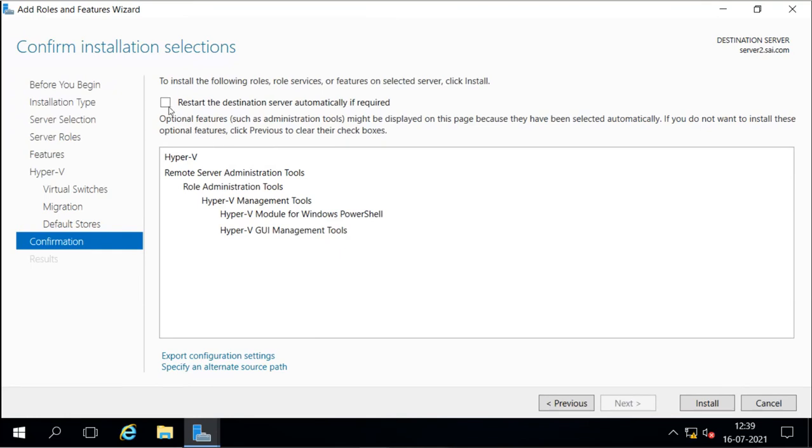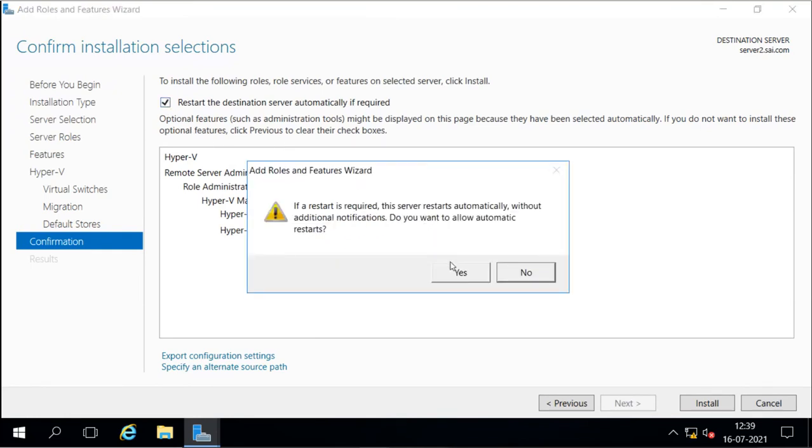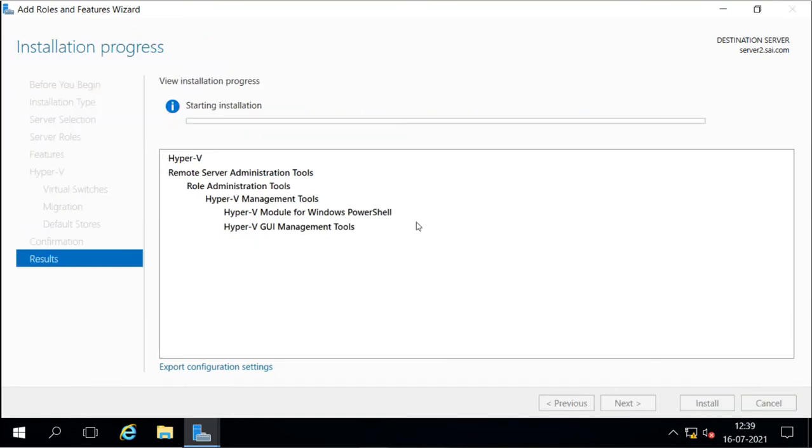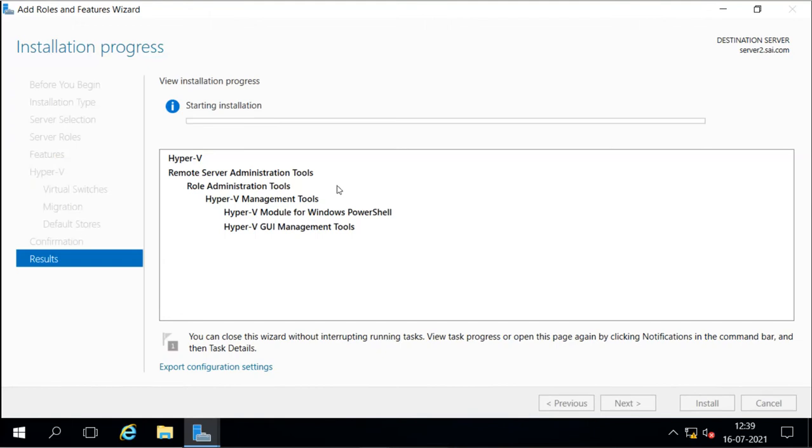Then I want to install it, and I said restart if required, and it is going to restart. Now it will take a little time, it will reboot 2 times, and then it will complete the installation. And then we have to do the same on server 3 also, that means all the nodes in the cluster.